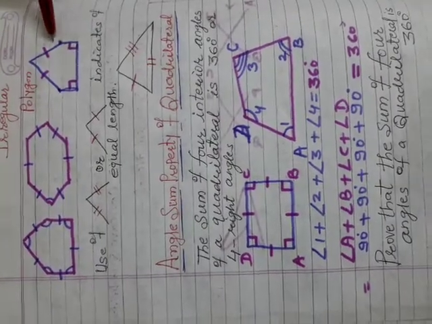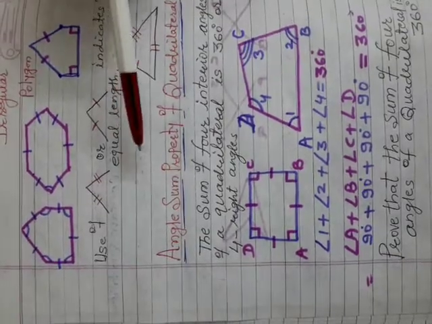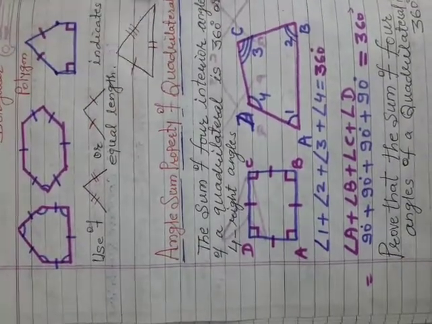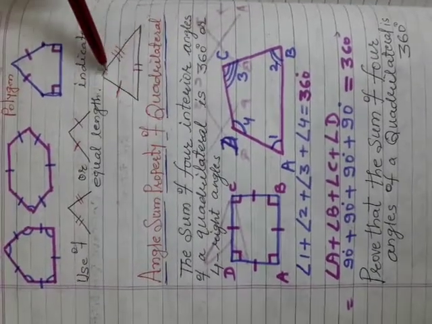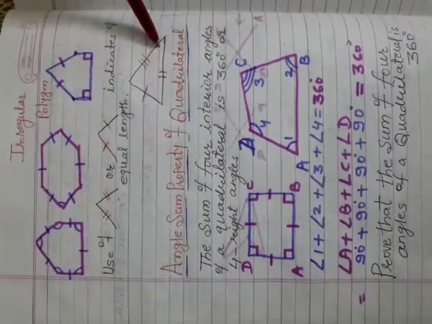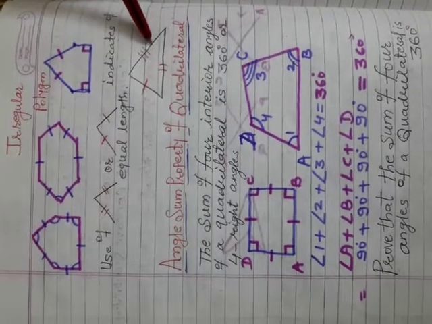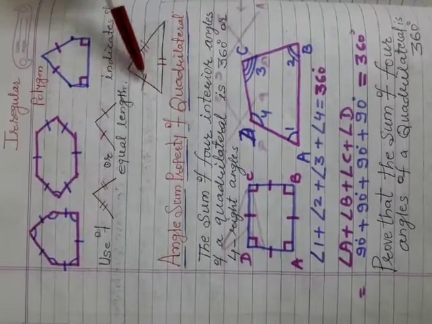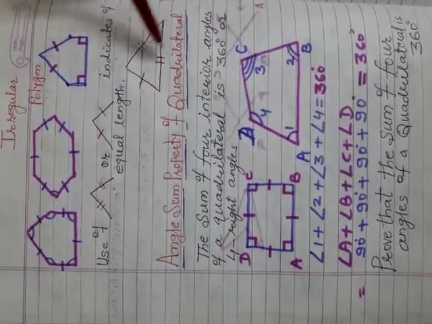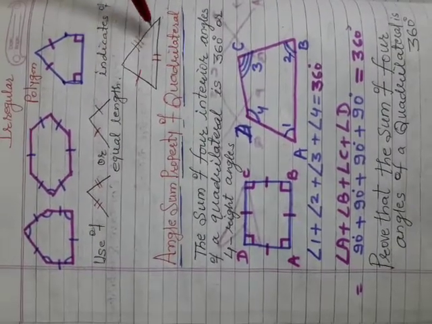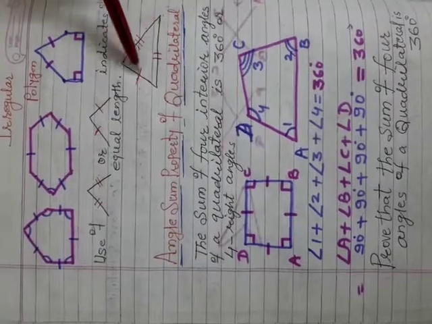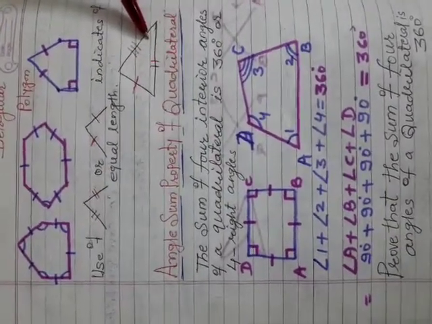Now after this understanding, we come to the angle sum property of a quadrilateral. We know that in a triangle, the sum of the three angles is 180 degrees. This is an irregular polygon also, where all sides are of unequal measure. Now in this triangle, three angles are there, so the measure of these three angles added together will be 180 degrees.